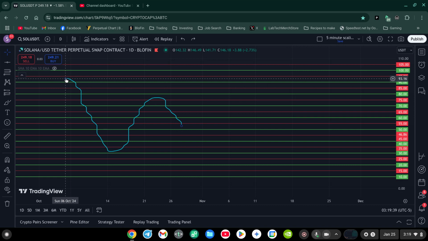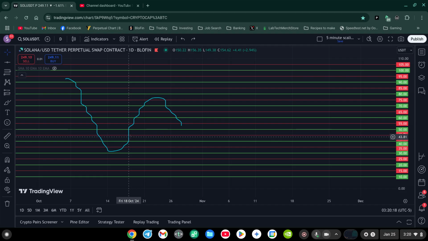The way this works, and you can automate this process, as the price passes down through the green line, we will buy at that price. And as it continues to go down, we will continue to buy every time as it goes down. I get to here. And then as the price swings back up,